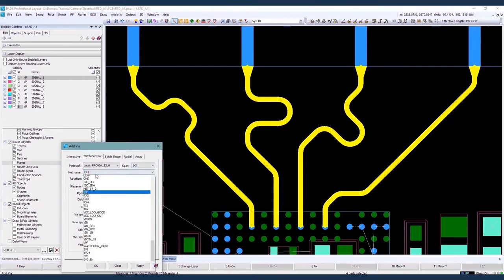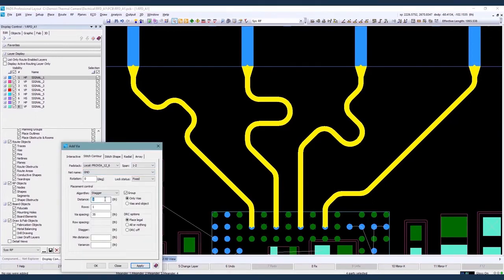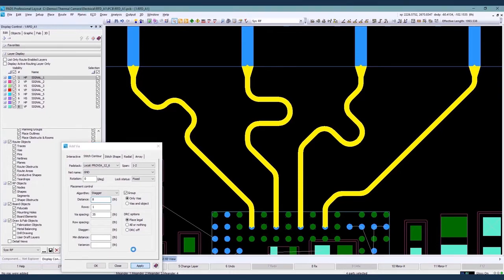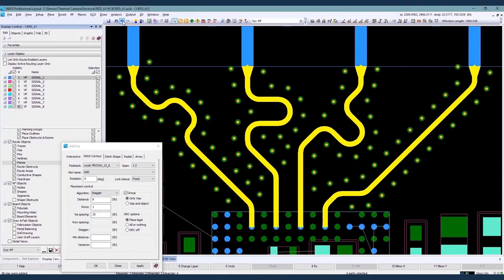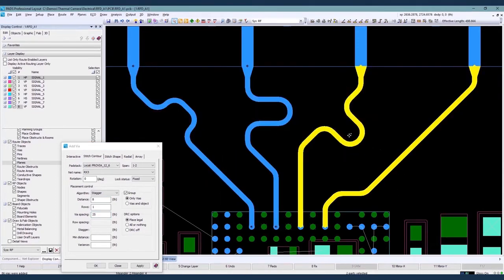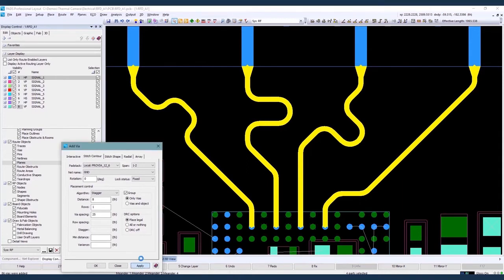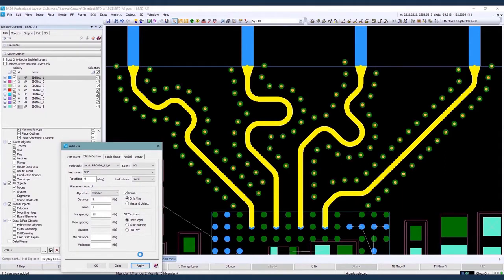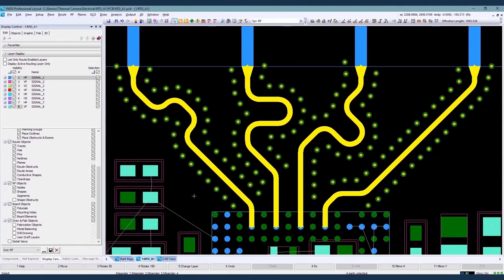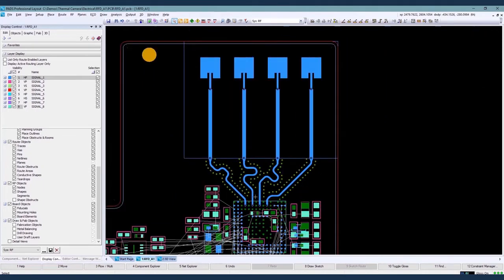Next we'll set the net that we're going to use to ground, and then we'll set the distance between vias, hit apply, wait a couple seconds. That one's not going to work for our needs. Go back and adjust our distance or stagger. So we'll undo it and apply again. This one looks much more suitable for our requirements. With a little bit of trial and error, we can converge on a solution, and then we can save that